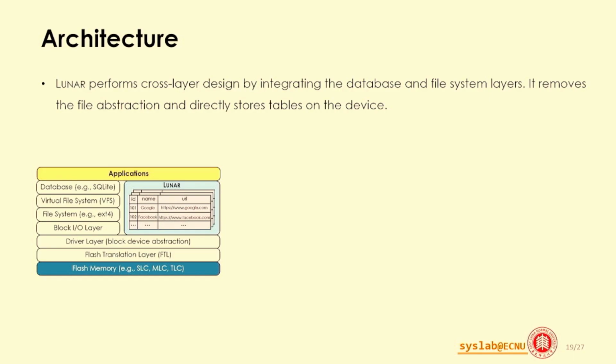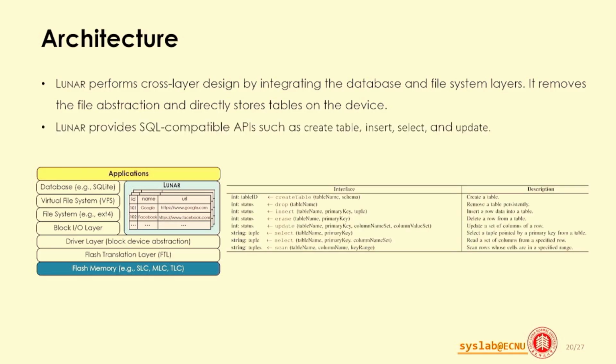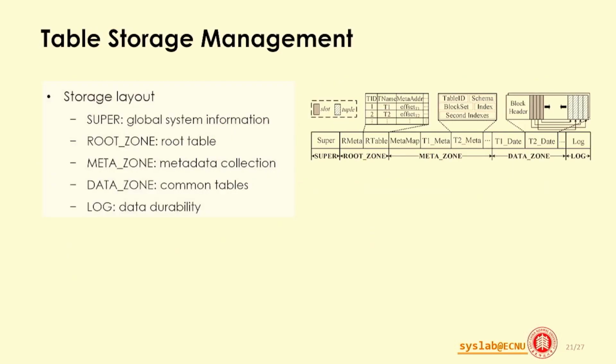Lunar performs cross-layer design by integrating the database and the file system layers. It removes the file abstraction and directly stores tables on the device. Considering compatibility, Lunar provides SQL-compatible APIs such as create table, insert, select, and update. Lunar gains direct control over the storage management, allowing the design of an efficient data layout and allocator that corresponds